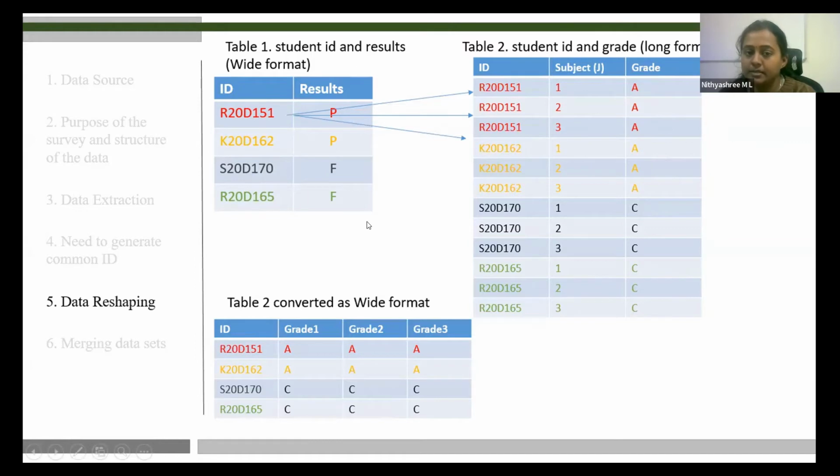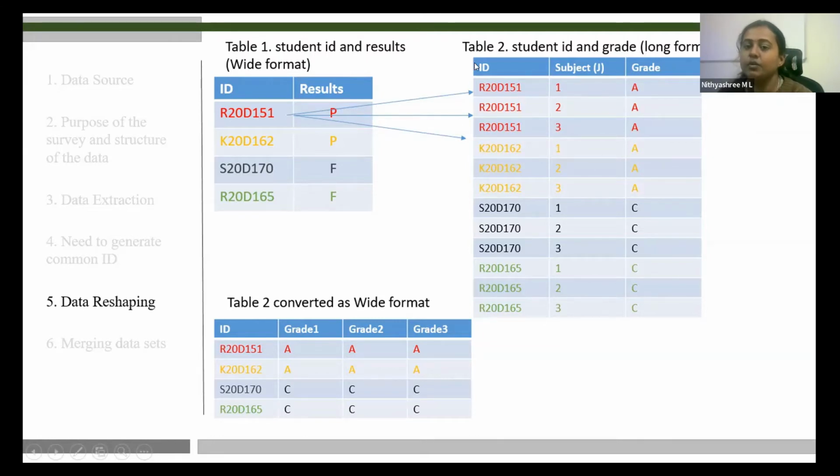So here is how the data table is looking. We have only one ID, corresponding to that we have only one observation. But here what happens, these IDs are repeating, and corresponding to this repeating ID we have information, we have observation. So this we cannot append with this table. The first table cannot be appended directly with the second table.